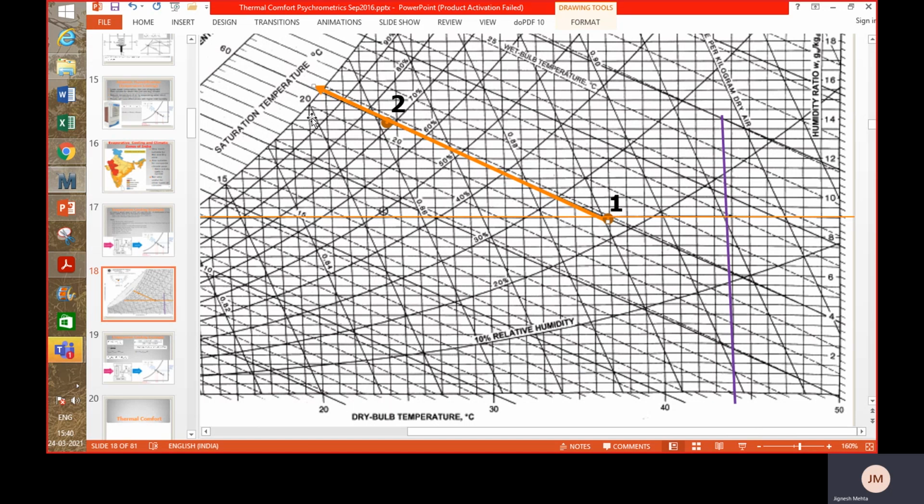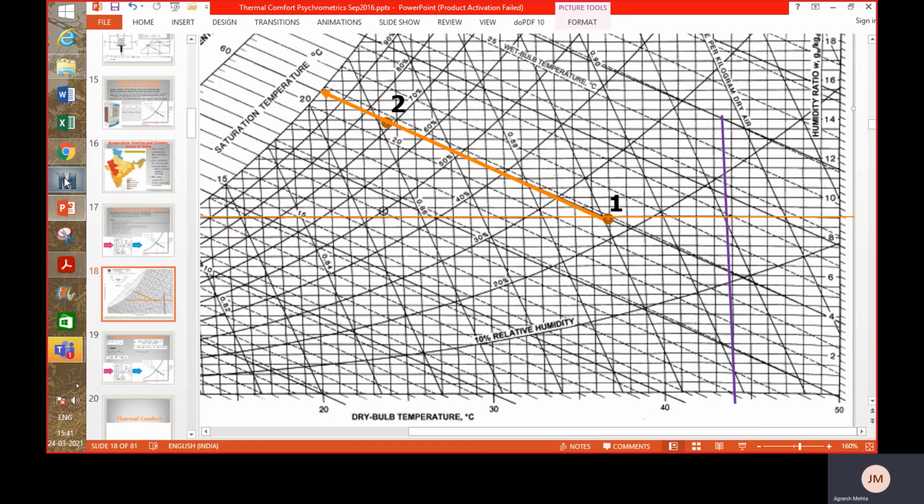So it is clear that it is somewhere between 20 and 21, right? So that is where you can expect the wet bulb temperature to be. Okay. So you can roughly write the answer to this also. You may feel that it's around 20.7 or something, right? So even that can be written down as the wet bulb temperature.